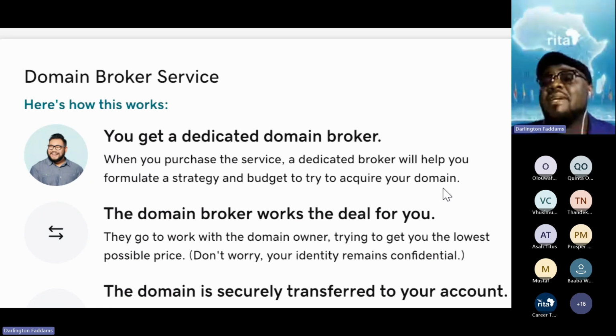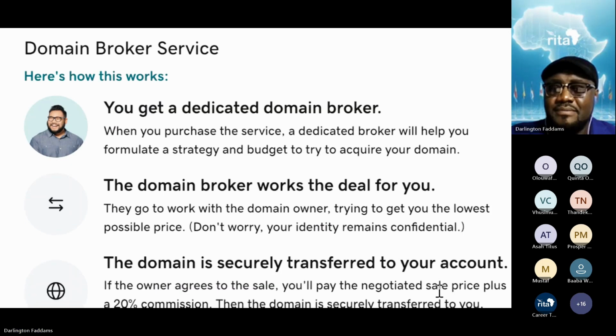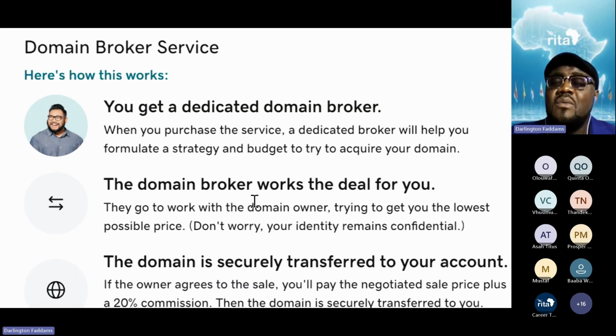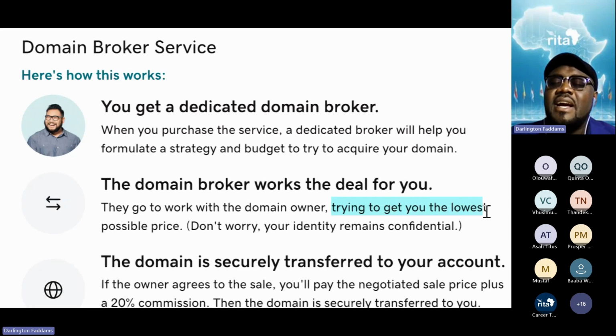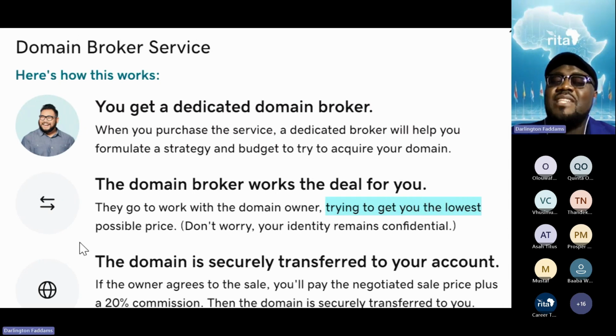Wait a minute, we are talking about somebody's domain. So what in the world are they talking about? Number two, the broker works the deal for you. Okay, so there's a deal involved. What does that mean? They go to work with the domain owner. They work with the owner, trying to convince the owner to sell, and they will bargain on your behalf for the lowest price possible.